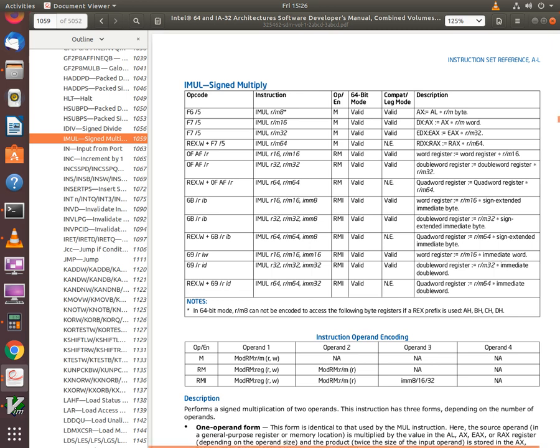So let's look at the description section here to see what the operation of the instruction is. The instruction operates by taking the value in RAX and multiplying it with the operand of the IMUL instruction. So if you specify RCX as the operand for IMUL, it will multiply the value in RAX with the value in RCX, and the result of this multiplication will be saved in the RDX:RAX register pair.